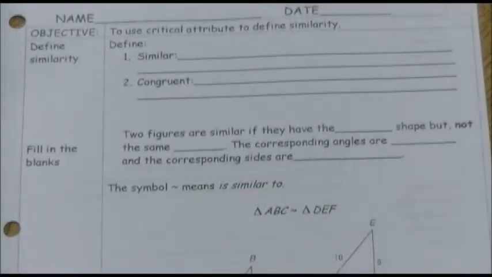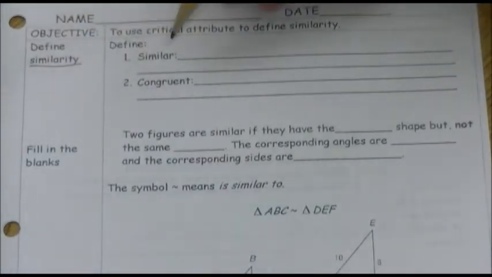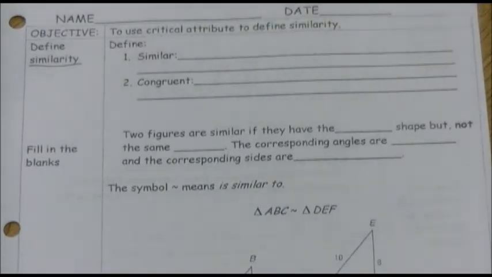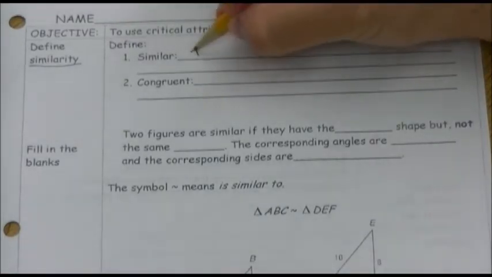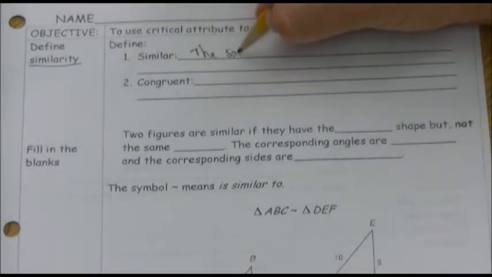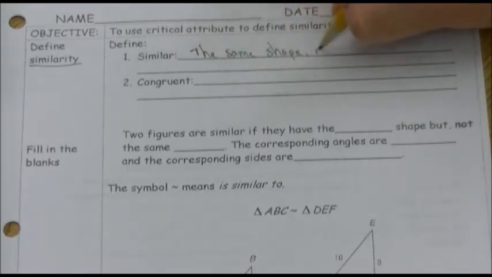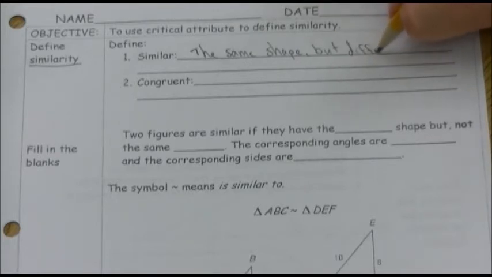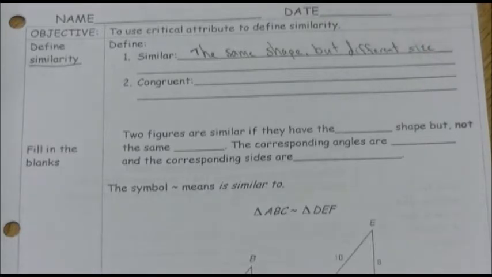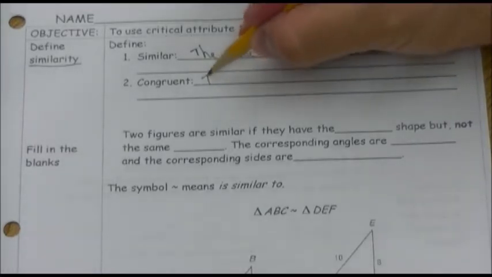Okay, in this video we're going to talk about similar figures, and we need to define similarity. Similarity is the same thing as being similar. So similar means the same shape but different size. Okay? And congruent means the same shape